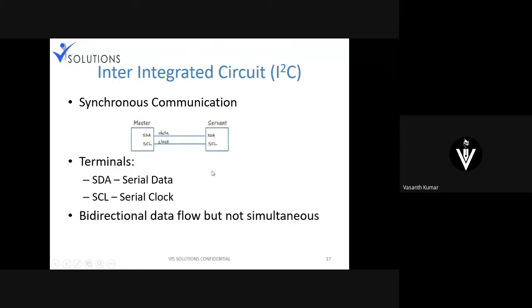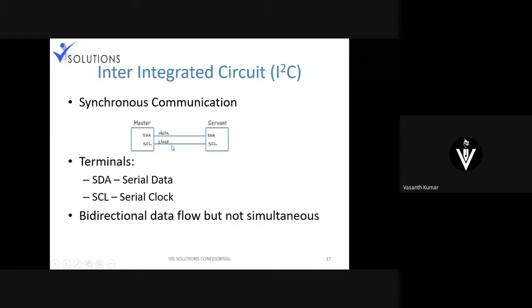It will be parallelly connected, multiple slaves. But depending upon the slave address, every slave knows their own address. So first, the master will send the slave address followed by the data. So the address reaches them and also the data reaches them, whereas the other slaves will not respond to it, whereas the one whose address matches that particular slave will respond to it. And this all happens on the clock pulse.